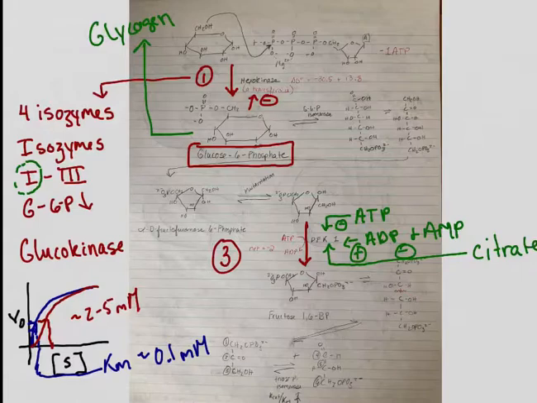This is really important because if the energy needed by a cell is coming primarily from fat breakdown, then citrate will be high and it will tell the glycolytic pathway to stop breaking down carbs. Basically, it's saying, hey, we're getting enough energy from fat. Stop breaking down these valuable carbs. And so citrate is really going to feedback inhibit, allowing the recognition that the energy needed is coming from fat